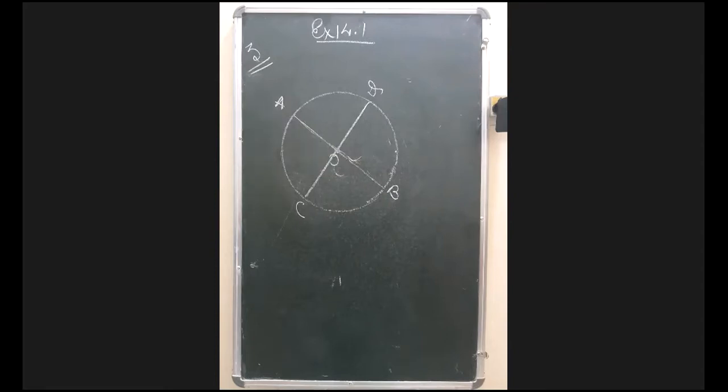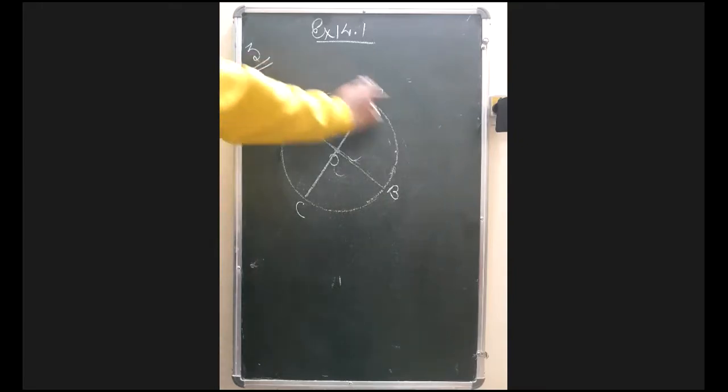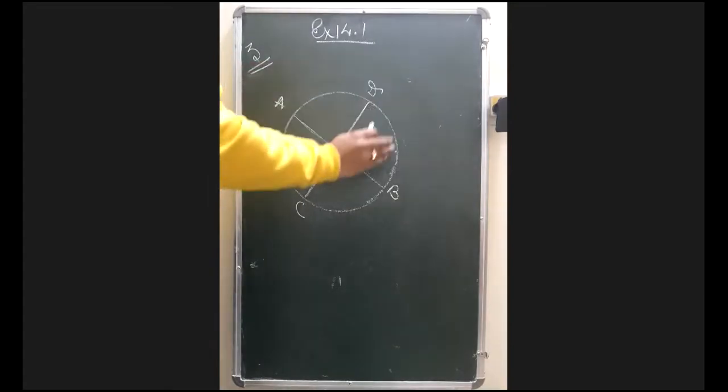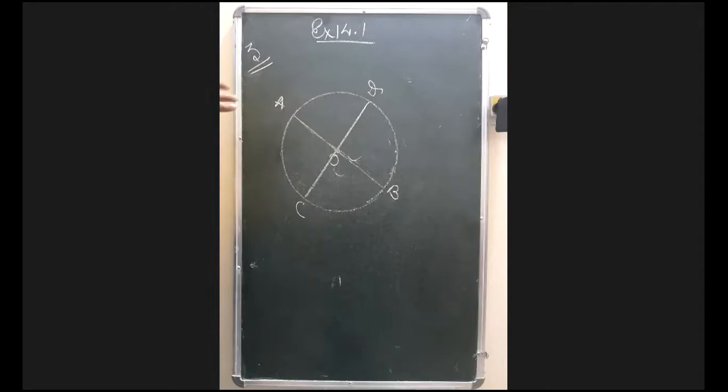The question is telling that you have to draw a circle, and the measurement was not given. So I have drawn a circle freehand, without taking any measurement of any radius, I took it just randomly. After drawing the circle, it is telling you have to draw two diameters. So I have taken two diameters. Okay. And the diameters can be taken according to you also. Like I made it this way, it's not necessary that you also make it like this. Okay. You can make any form of diameter.